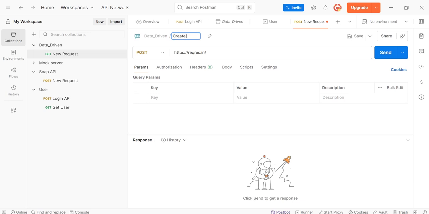Create user, and then click on save. After saving this request, enter the path here. We need to enter the URL and path. This is the method POST. HTTPS is the protocol and this is the URL, and then enter the path here